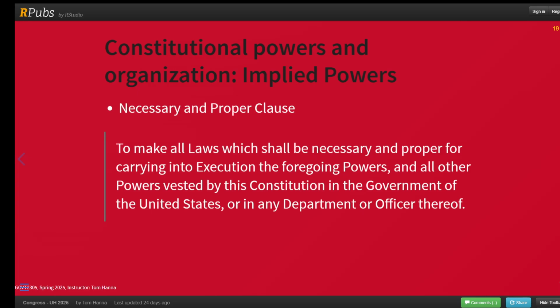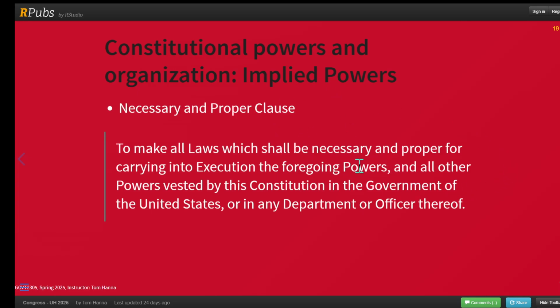So you think about if you wear some pants that have an elastic waistband, and you eat too much, you don't have to unbuckle them because the waistband expands. That's the idea. That's why it's called the elastic clause. But it's technically the necessary and proper clause, which is because it's the power to make all laws which shall